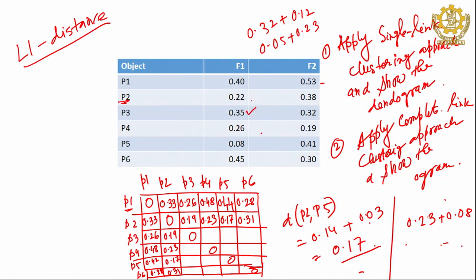P3 P4, so this is 0.09 plus 0.13, so 0.22. Then P3 P5, so this is how much,